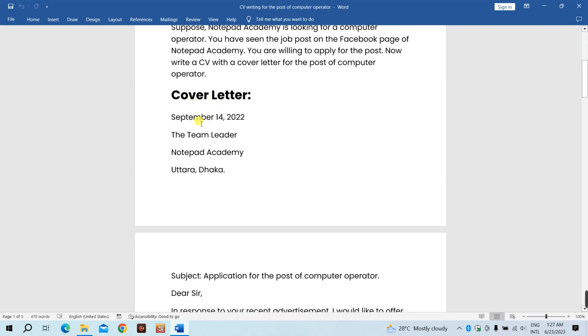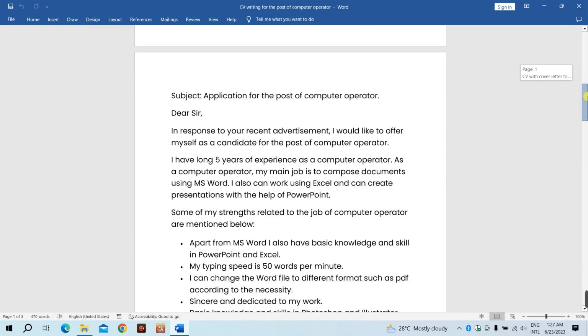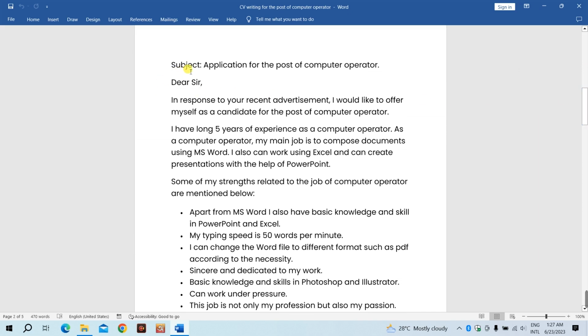Cover letter. September 14, 2022. The Team Leader, Notepad Academy, Uttara, Dhaka. Subject: Application for the post of computer operator. Dear Sir, in response to your recent advertisement, I would like to offer myself as a candidate for the post